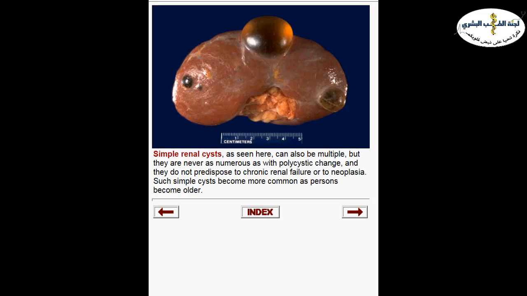We leave them there, and we reassure the patient that these are benign cysts and you don't have a high risk of, for example, renal cancer. You don't have a risk of developing abnormal kidney function tests or end-stage renal disease. So what we do is reassurance.